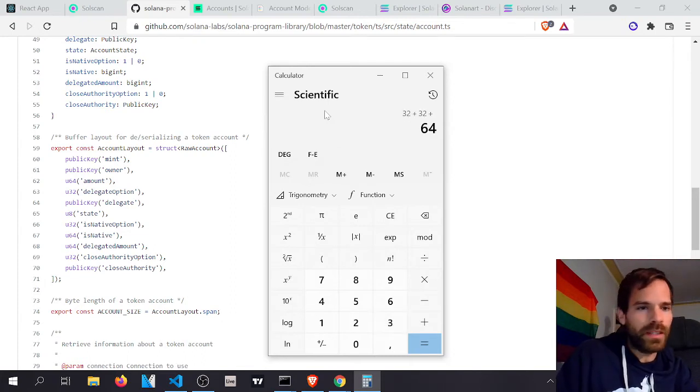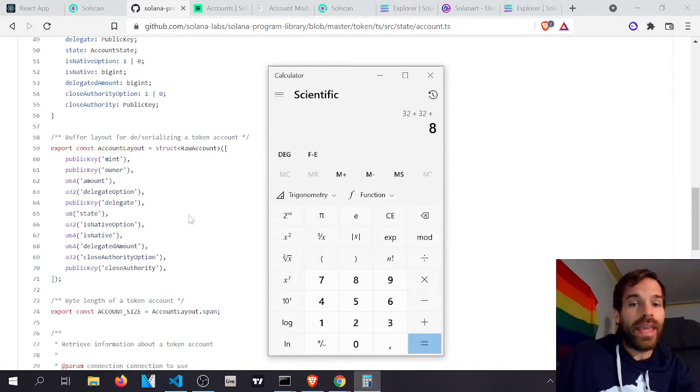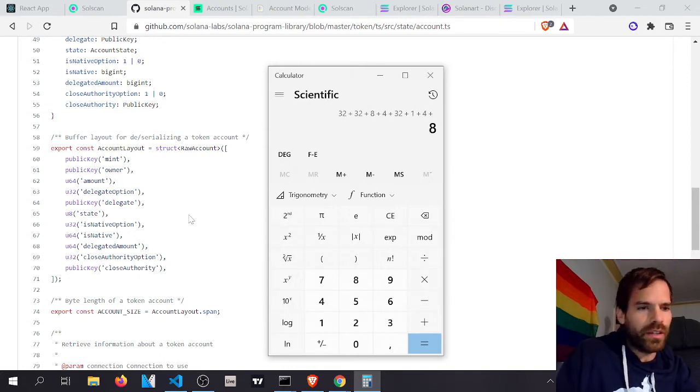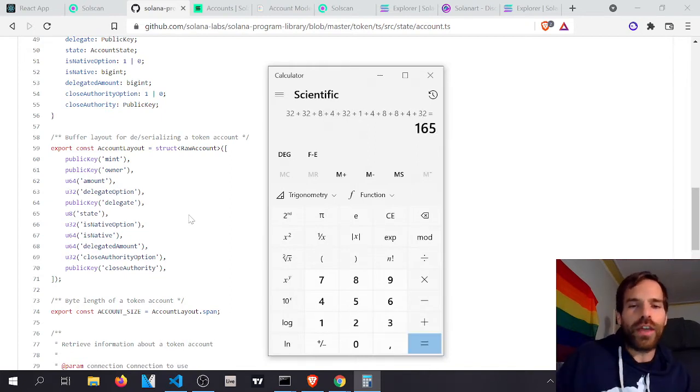Then another public key, then the U64 is 64 bits, which is 8 bytes, and the 32 bit integer is 4 bytes, and then there's another public key, and then there's 1 byte, a U8, and then there is another 32 and another 64 and another one of those and another one of these and another public key is another 32. And if we calculate all of that together, then we get